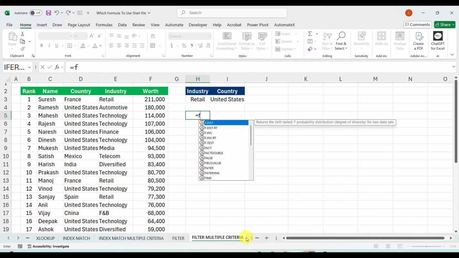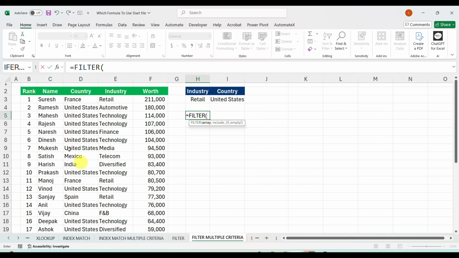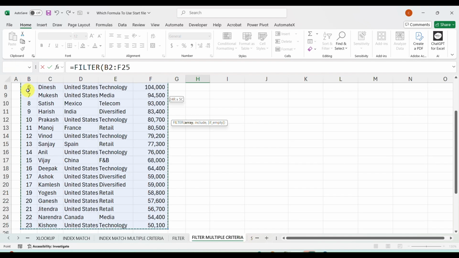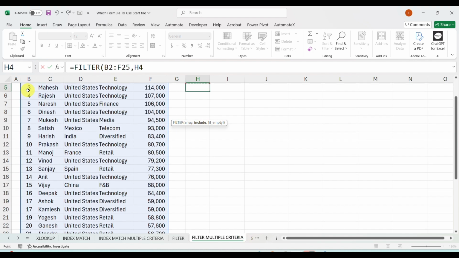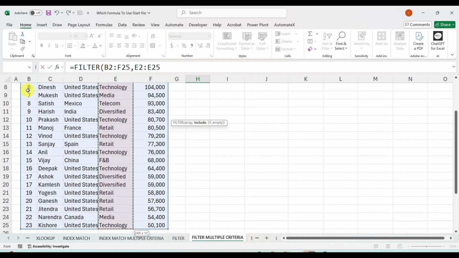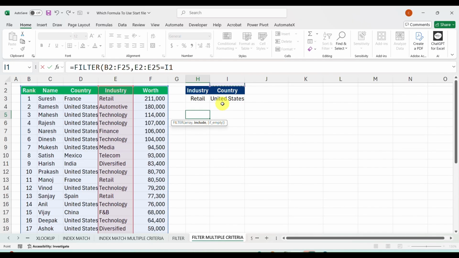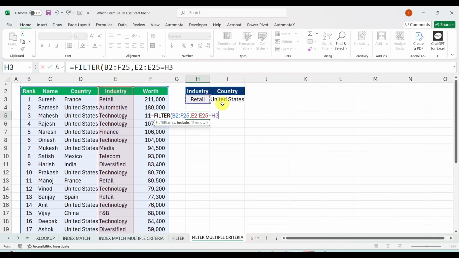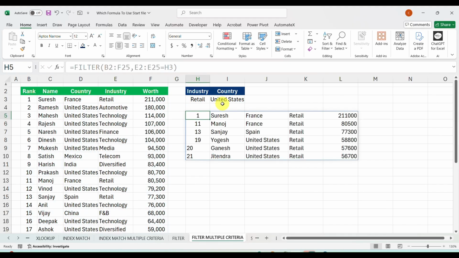Let me show you. So let's put the formula FILTER. It is asking for the array, as simple as that, comma, it is asking what to include, if this is equal to this. Here I'll take a pause. I'm hitting this and closing this. Okay, so this is for the retail.